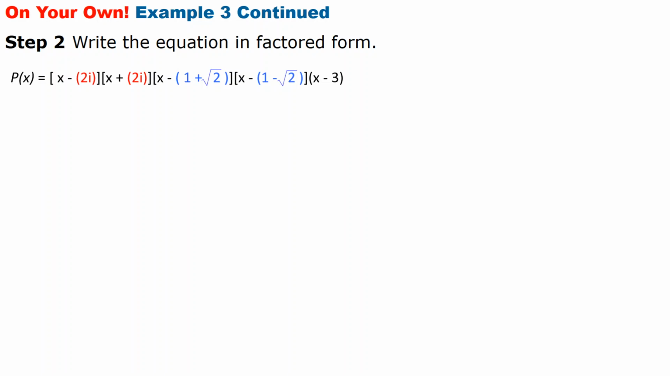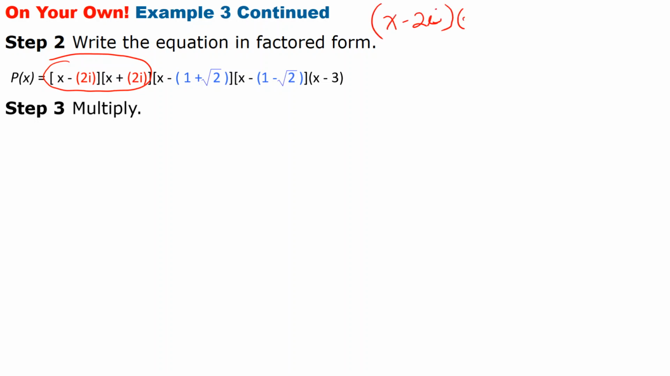So now we have to start out with our multiplying. Okay, so we're going to go really slow. Let's multiply our first group. I'm going to do that in red, up here. x minus 2i times x plus 2i. When we FOIL that, we get x squared plus 2ix